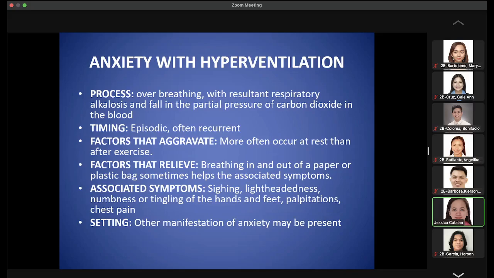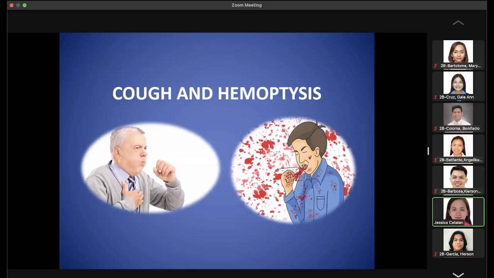Okay. And commonly associated symptoms, aside from difficulty of breathing, parang nahihilo, di ba? There is numbness or tingling of the hands and feet, palpitations, and chest pain. So actually, lahat ma-feel ng patients na anxious, no? Okay. So that's for difficulty of breathing. So you realize maraming possible diseases. But also, in the proper setting, no? Hindi mo lahat gagawing differentials yan porket ang complaint ng patient nahihirapang huminga. So I hope na nakuha niyo yung point ko.